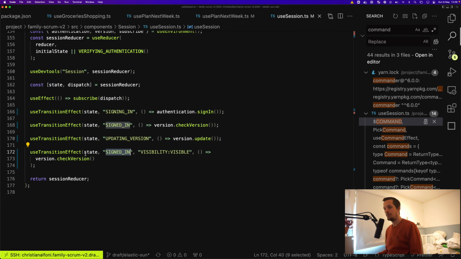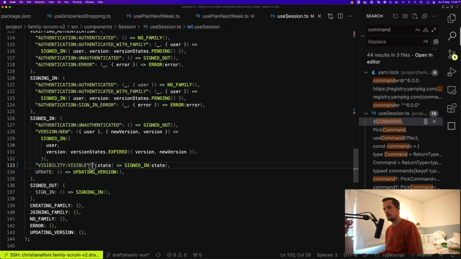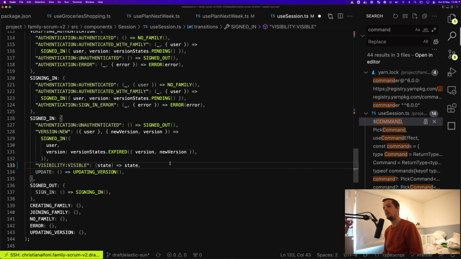So this is the last place where I'm like, it's not 100% explicit, because now we're saying when you moved into signed in, given this action, we check the version. But when we actually do that, so here you can see it, when we're signed in and we have a visibility visible, we move into signed in again. But you would maybe do this, but then nothing happens because you're conceptually in the same state, but with a reducer, you're not in the same state. Like, it won't reconcile, so it won't run the effects. So you kind of have to re-trigger the same state,